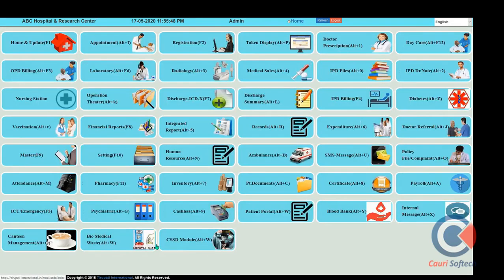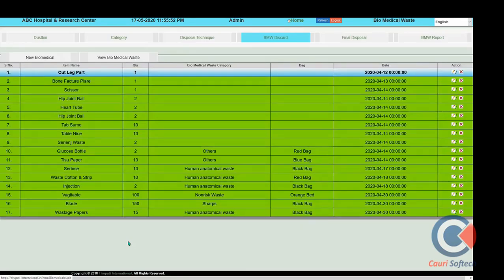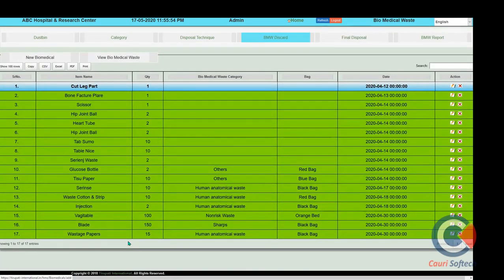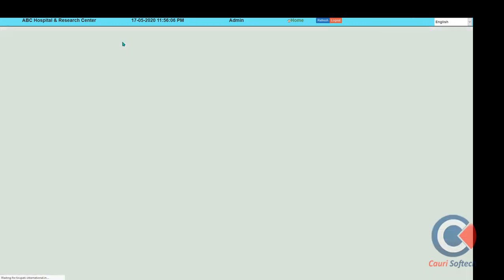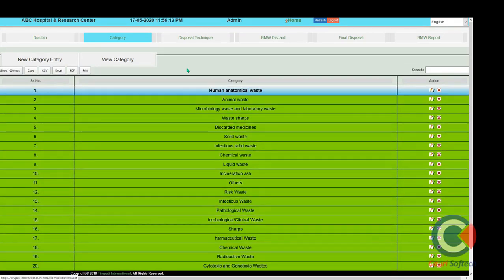The next one, the biomedical waste. The hospital generates different kinds of waste. We have to properly manage them, dispose of them, and finally discard them from the hospital. Here we can maintain all types of waste category-wise, with different color codes, blood waste bin, and recycle bin management system.